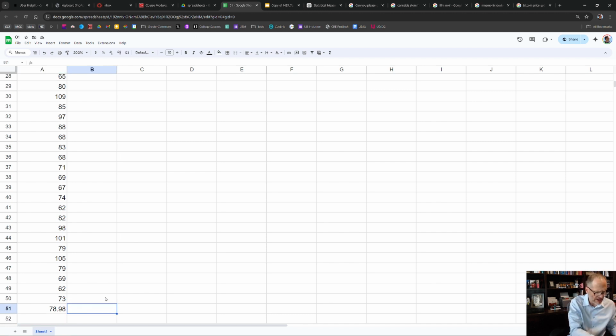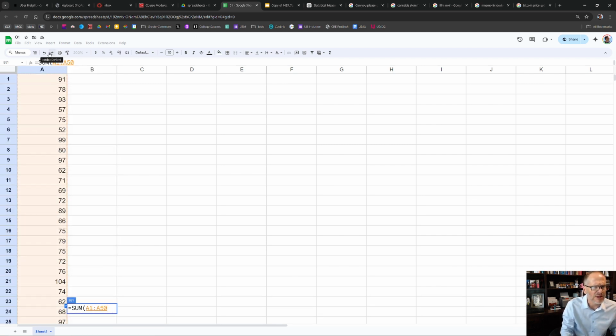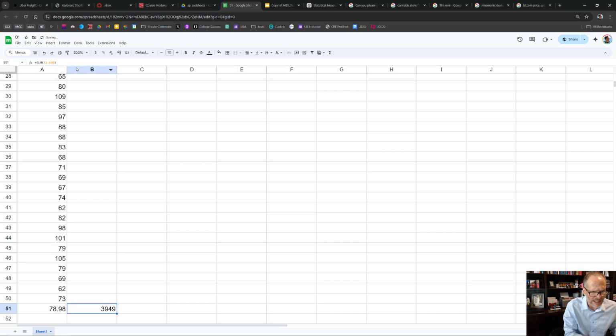So another way I could have calculated that average is I could have summed all this up. So I'm going to sum up all that data. I'm going to choose sum and sum all that up. And so here's my sum, and I'm going to press enter. That's my sum. But then if I come up here to that formula, and I know there's 50 elements there, I'm going to divide by 50. And so when I sum up all the data and then divide by the number of elements in the data, it's going to give me the same answer.